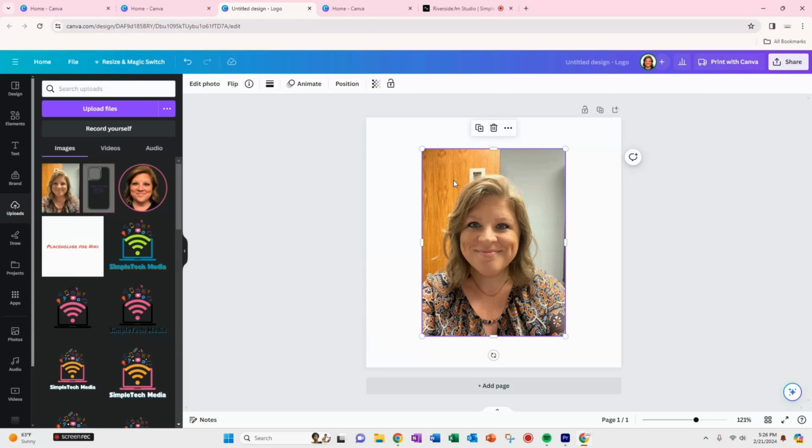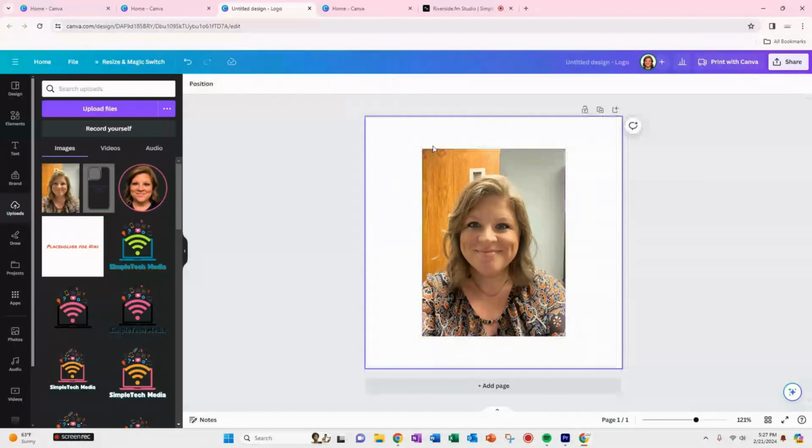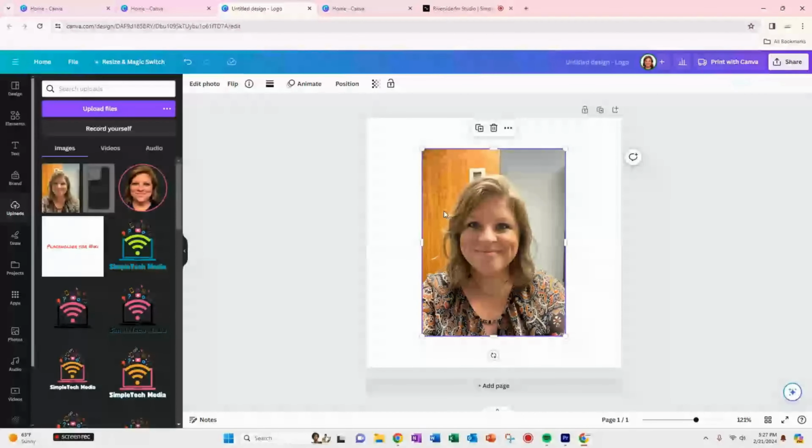First, I want to select my picture, and I can tell that my picture is selected because it has this purple border around it. If I don't see the purple border around the image that I have, then I just click on it, and now it's active. When I activate my photo, I see that I have some options to make some adjustments to it. Do you see this edit photo? If I click on that,